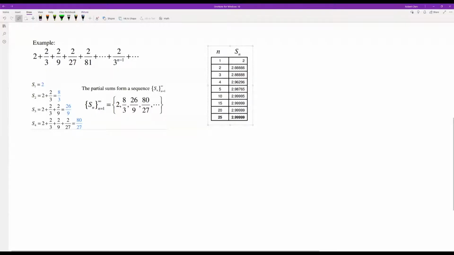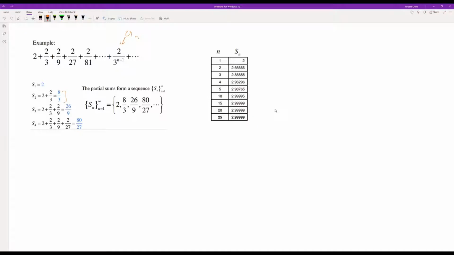All right, now the example from earlier, we have this infinite series, adding up all the terms in the sequence of a_n. And here we worked out the first few partial sums. For example, the first term is just 2. S2 means adding the first 2 terms, we get 8 over 3, and so on. So when you take the partial sums and put them in a sequence, you get 2,